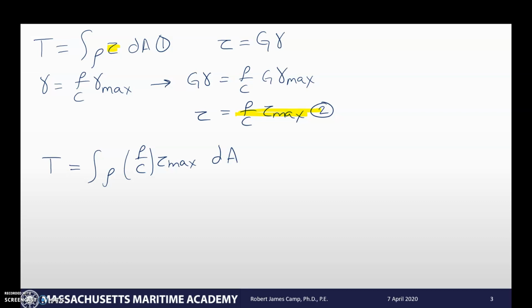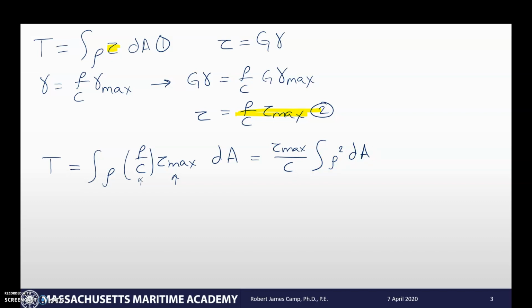Why did I want to rearrange this equation in this way? Because I want that maximum shear stress. When we're dealing with this stuff, what we care about is the maximum. Why? That's where it's going to break, and that's what we're concerned with. Now I can start pulling some things outside of the integration symbol. C isn't dependent on the area, so we can pull that out. Tau max isn't dependent on the area either, but those rhos are. So I'm left with tau max over c equal to